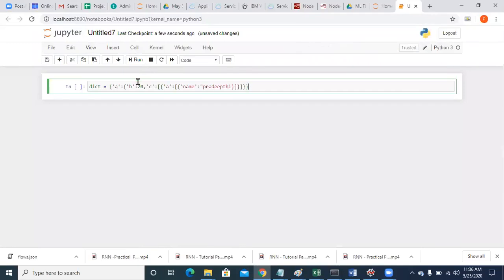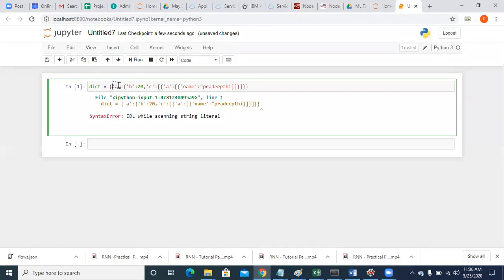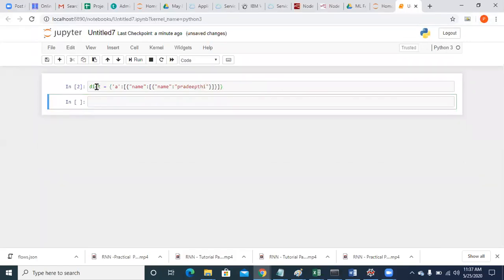For example, I have this dictionary. How do you grab Pradipti from this now? Tell me.